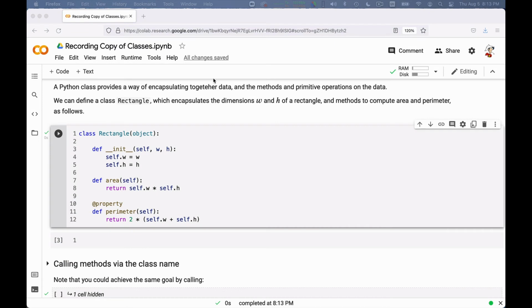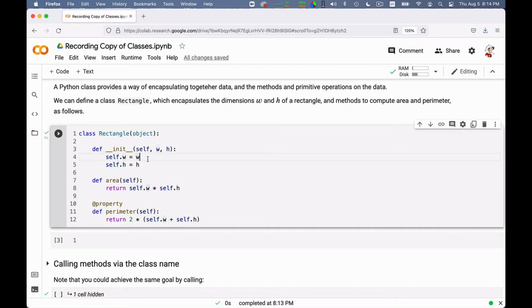In this course, we will often use classes, so it's worth having another look at them more in depth. Here is a simple class that defines a rectangle. The initializer gets 3 arguments: the object itself, the width, and the height of the rectangle. And all it does in this case is set self.w equal to w and self.h equal to h, that is, it stores the width and height, w and h, into object variables.